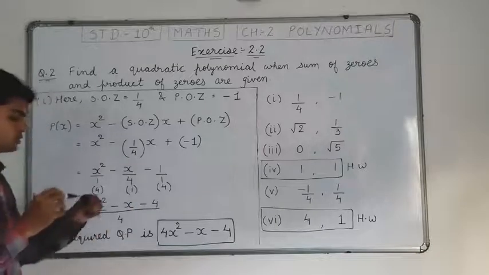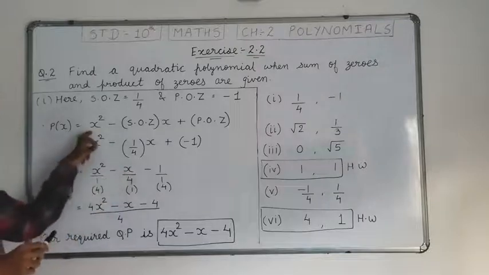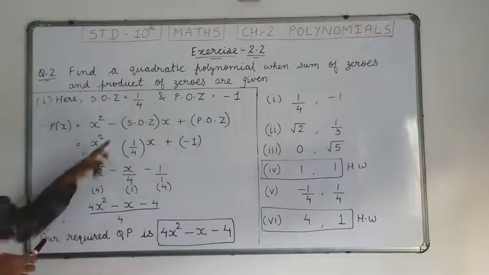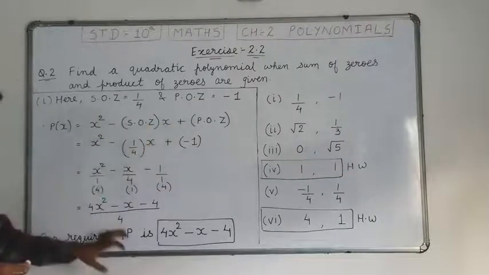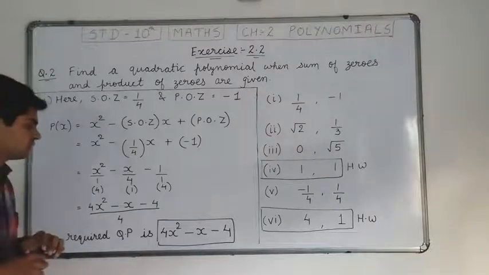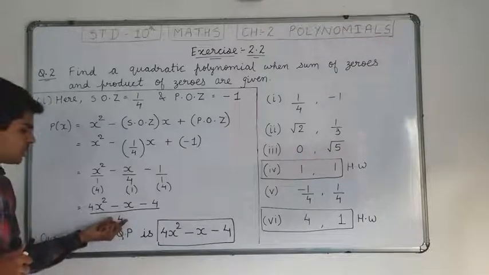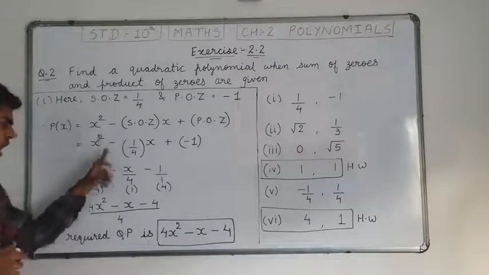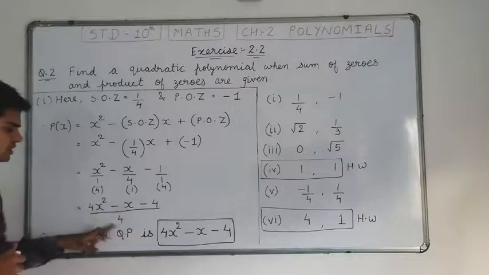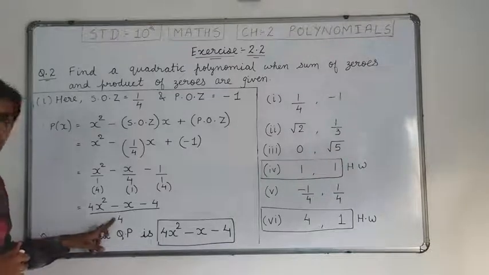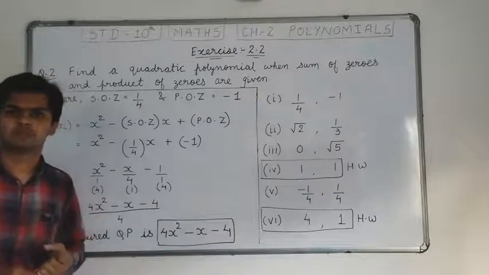Understood? Also you had understood this method. Very simple method. Just you have to remember the formulas and put down the values of sum of zeros and product of zeros given in the question into this formula. Remember one thing, one more time I am repeating that you have to remove the denominator. Whatever denominator comes after taking LCM, that you have to remove, and whatever the numerator is there, that is your final answer. Understood?